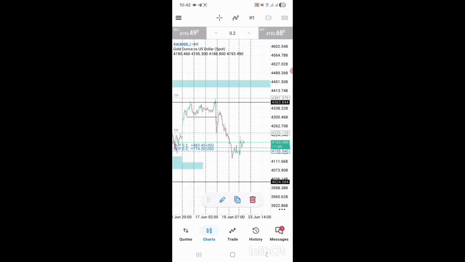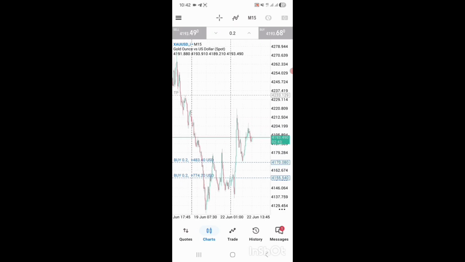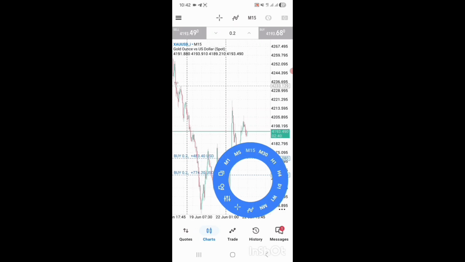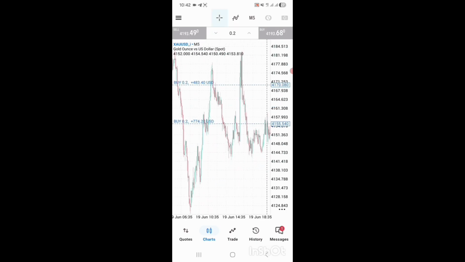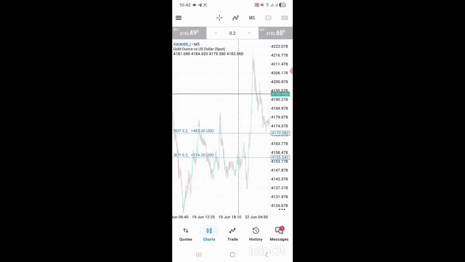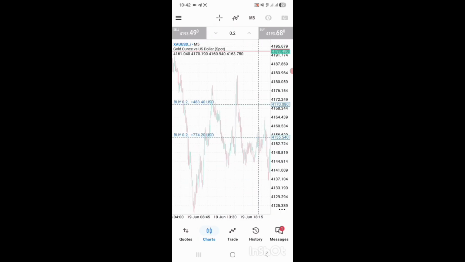But so far, I took these buys based on a 15-minute break of structure, because I was like, this low here, their high is taken out. That's when I was like, okay, their high is taken out and then it left some fair value gap here. Also it is respected. I think I took price somewhere.